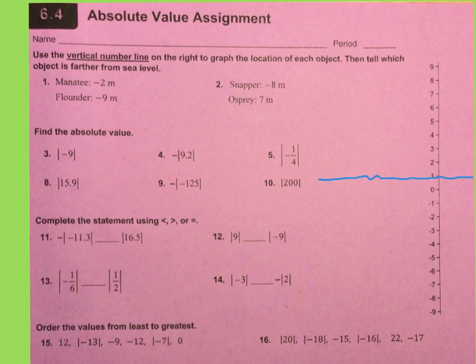Okay? So our manatee is negative 2 meters. So this is my manatee. I'm not going to even attempt to draw a manatee. We're just going to write an M for a manatee. Our flounder is down here. So which one is farther from sea level? Well, our flounder is the furthest away. So that would be the answer to this one: